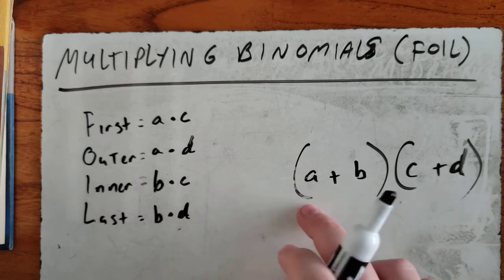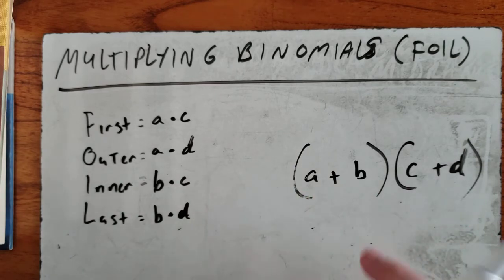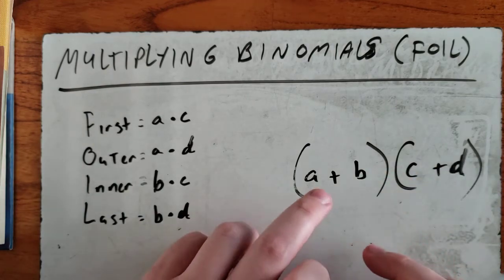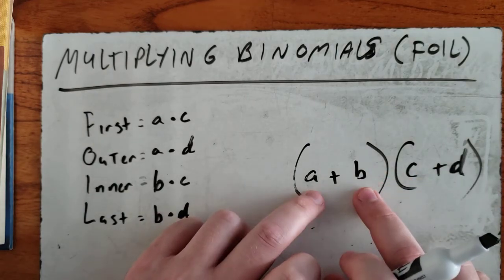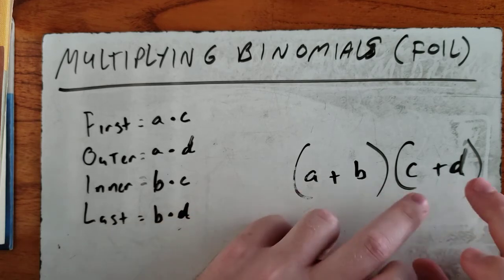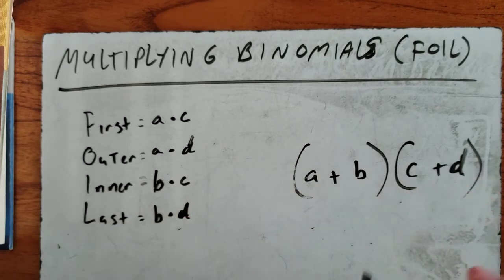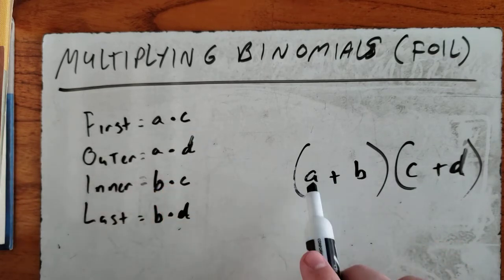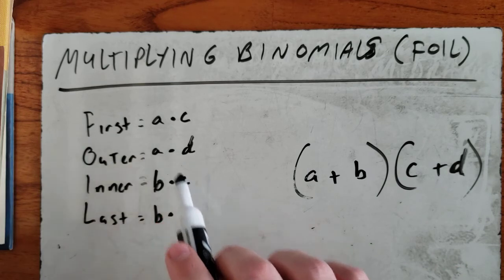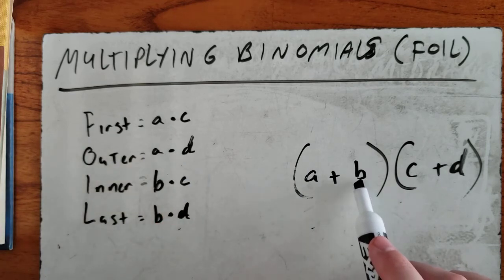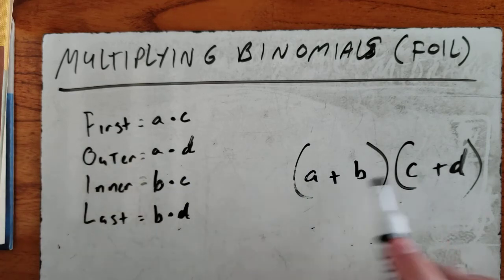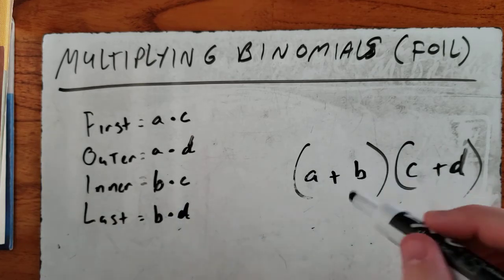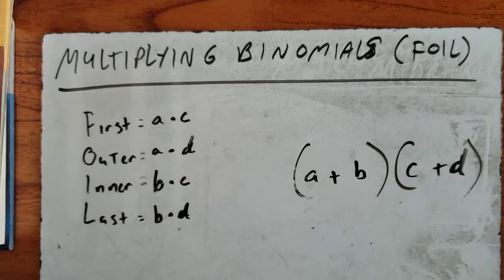So everything gets multiplied by everything else, except for terms in the same binomial. So both of these terms get multiplied by both the terms in this one here. So once again, your first is A times C, your first terms, and then the A gets multiplied by the D, the second term. And then with the B, the inner terms, the B gets multiplied by the C, and the B gets multiplied by the D. So you start here, multiply what's on the two inside here, then go to this one, multiply by those two there. And then everything at the end